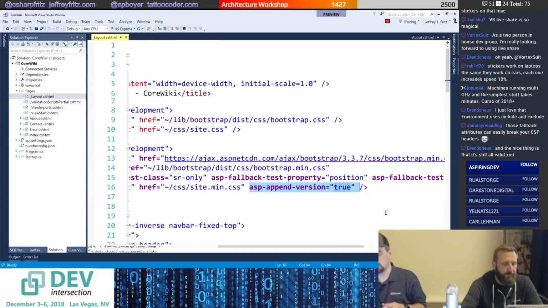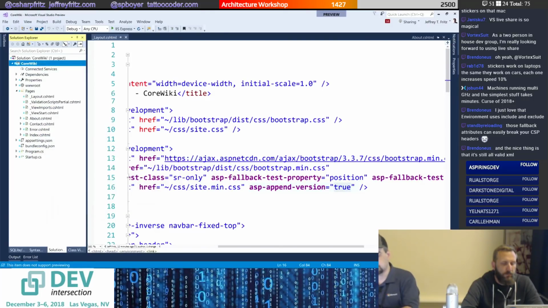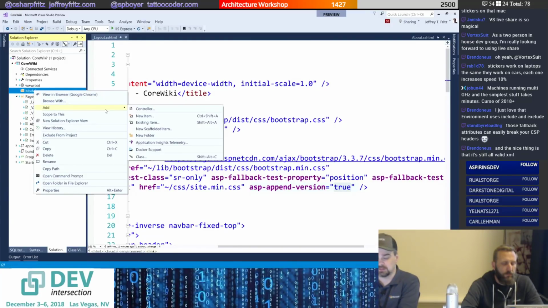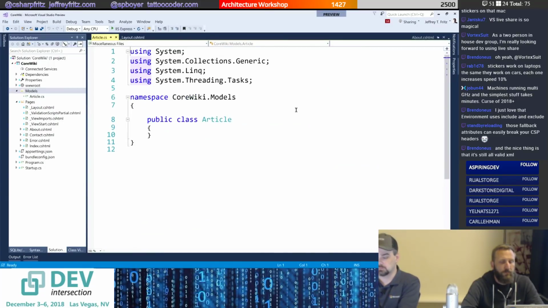Okay, that works for me. All right. So I'm going to right click and add a new, where is it? Add a new folder. And I'll call this models. And to start, I think we have one class, and we will call this article. Now,